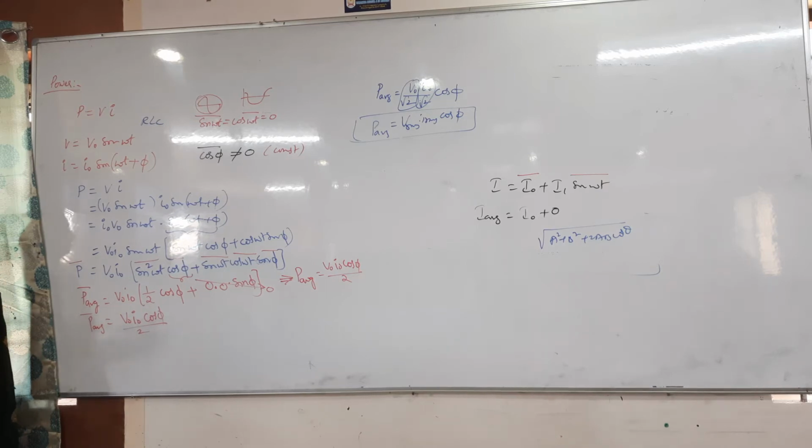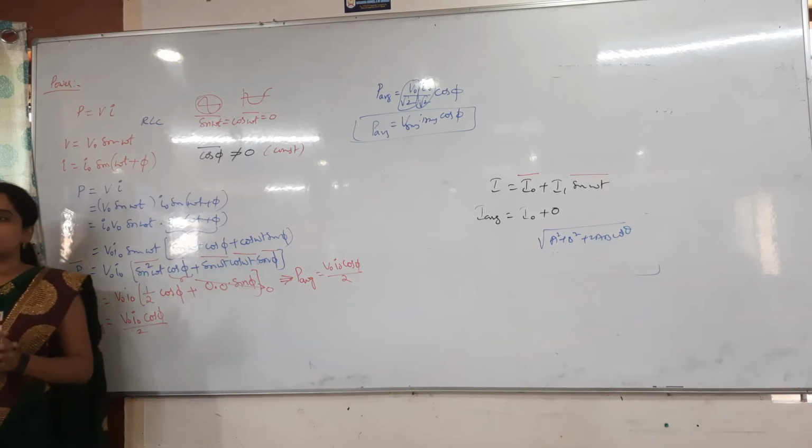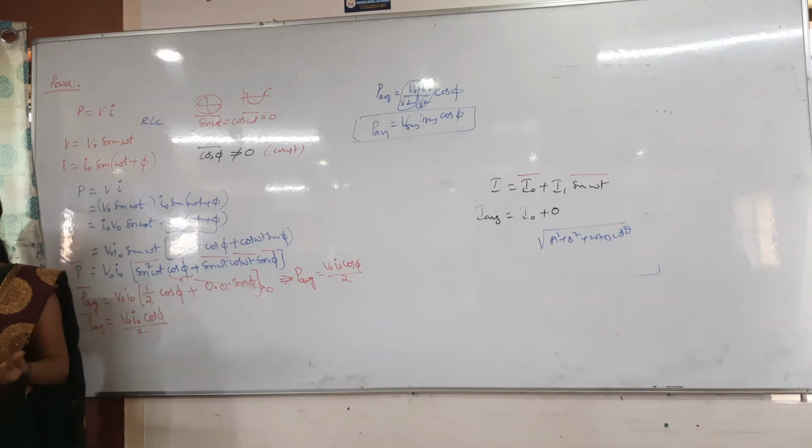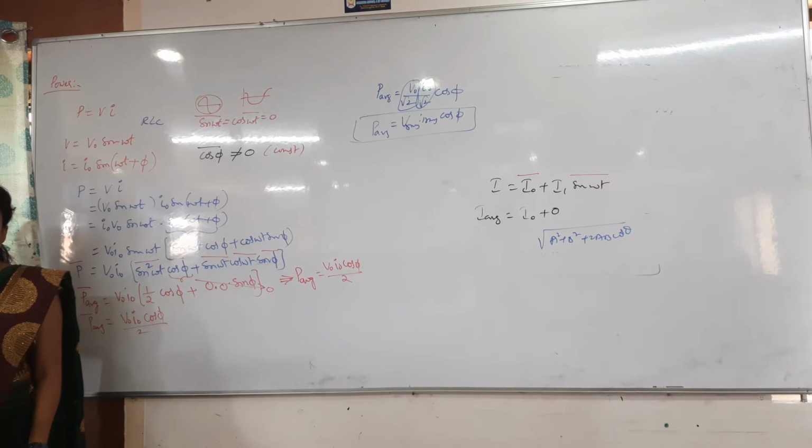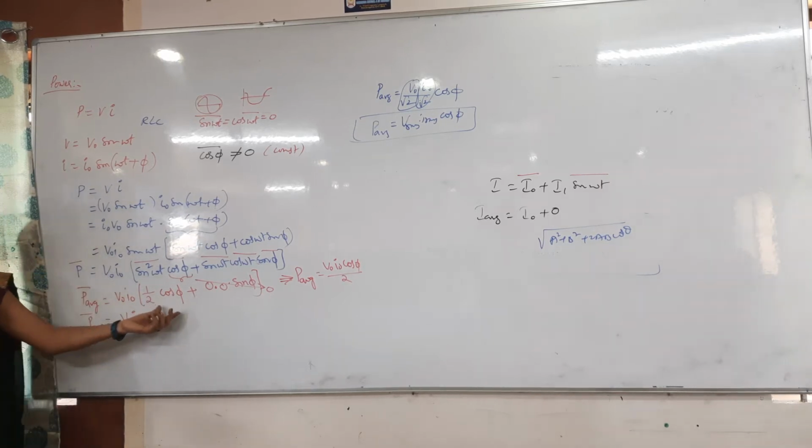For example, if we start the motion from 90 degrees, at that time this value becomes how much? 0. If we start the motion from 0 degrees, at that time this value becomes how much? 1. That is constant. However we do not change it, the average value of 1 is how much? 1 only again. That is what I have taken here.